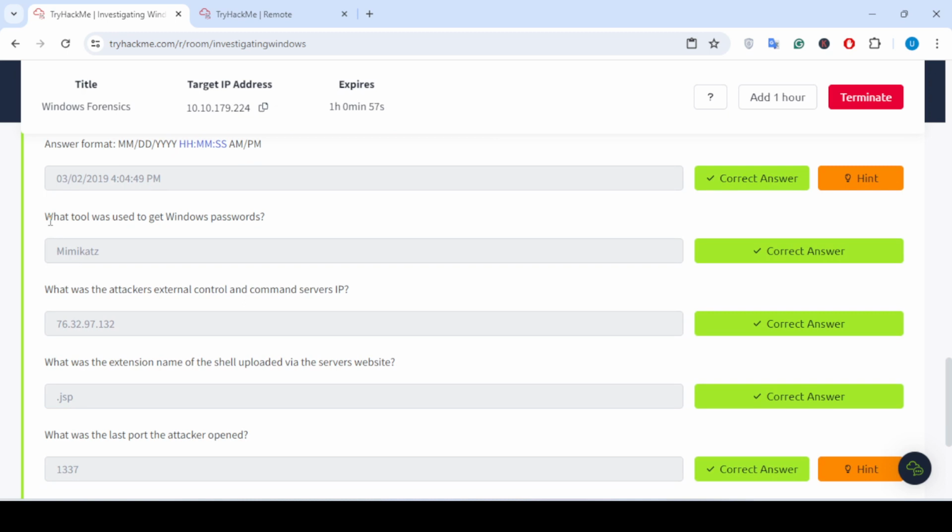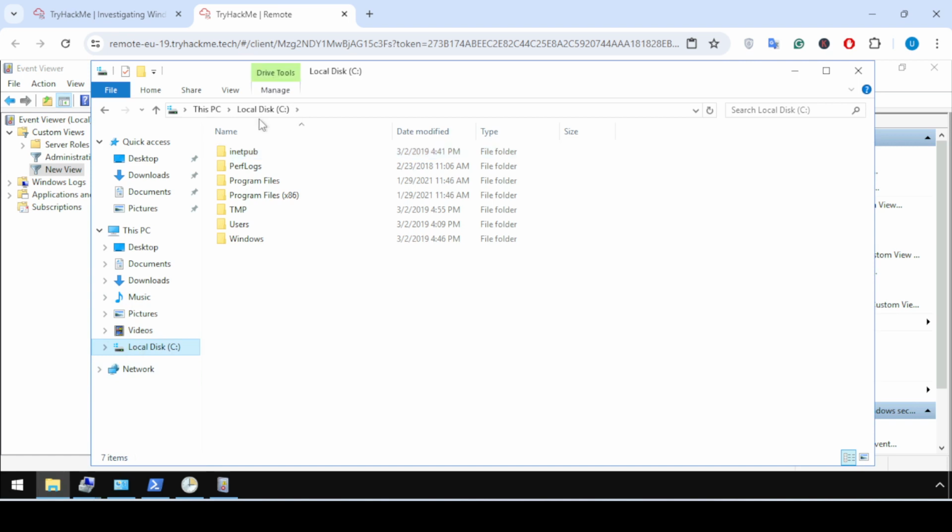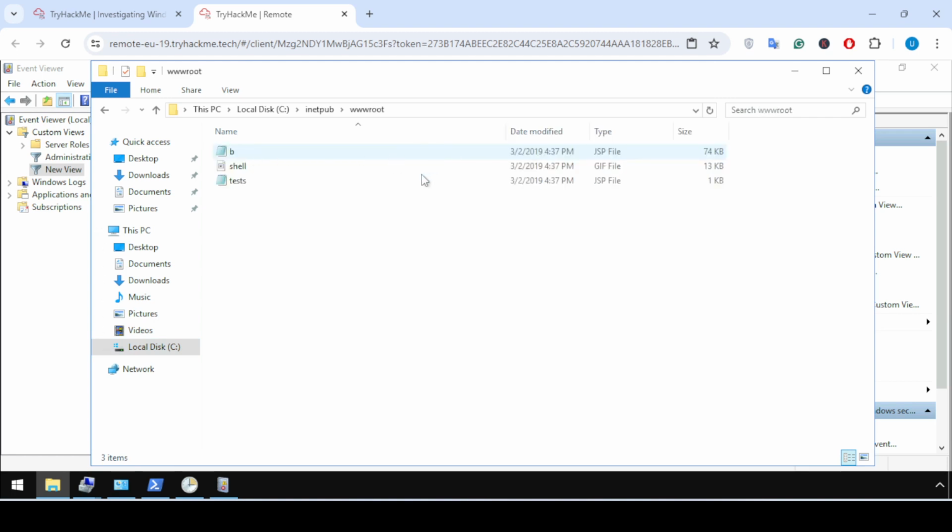The next question is: what tool was used to get the Windows password? We need to find a tool that is used to get the Windows password. So if we go to the C drive, this folder that we find is suspicious.